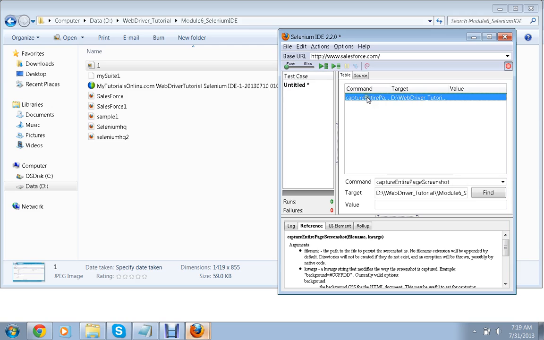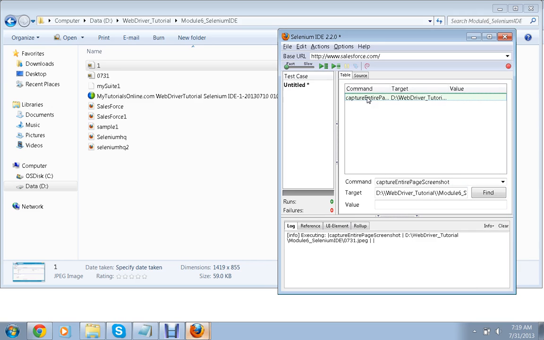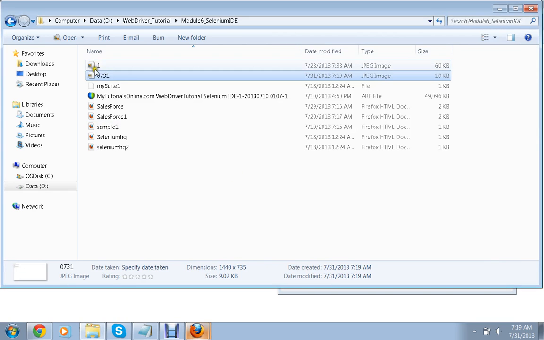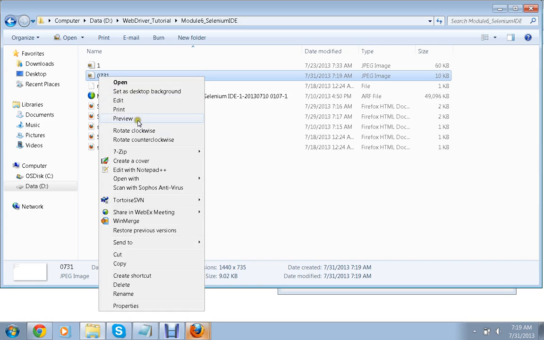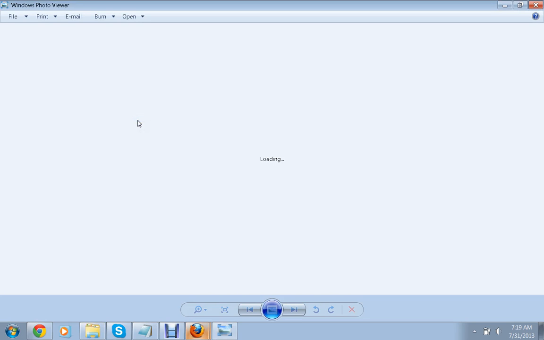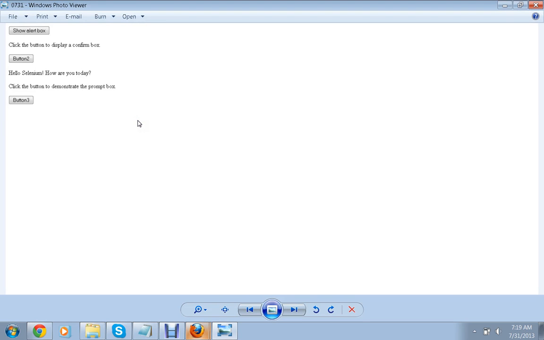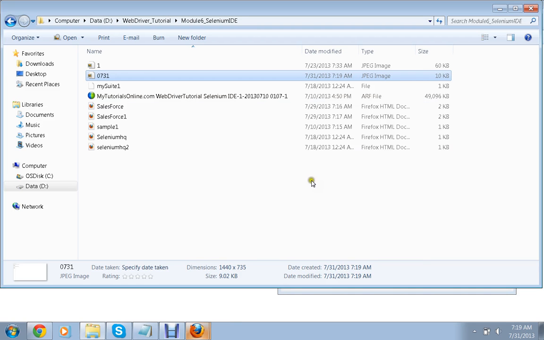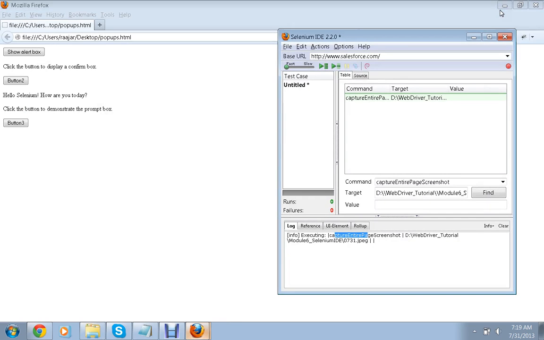If you execute this, I double clicked on that, see, it is executing, and you can observe a new image is here. If you open that image, you can see the screenshot of the current page. See here, this is the image and it captured the screenshot. Whenever you need it, there is no restriction. Whenever you want, you can capture the screenshot and save it, because